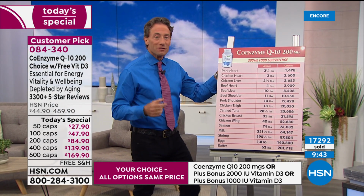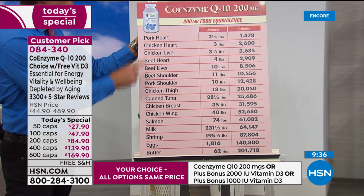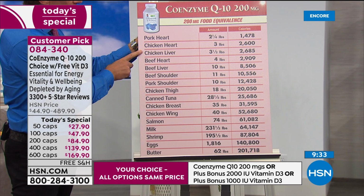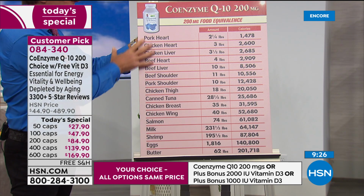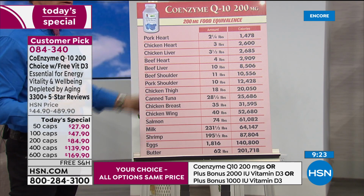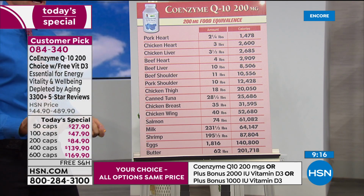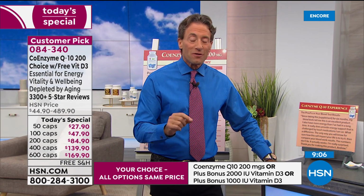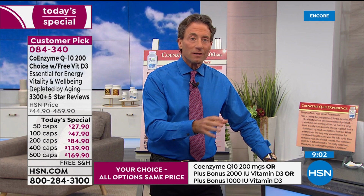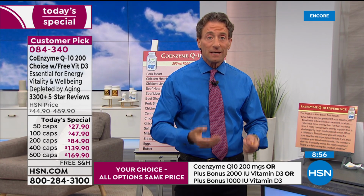The purpose of this chart is to show you how difficult it is to get CoQ10 from our diet. When you look at the best sources of CoQ10, it's pork heart, chicken liver, beef heart, beef liver. We didn't include brain because most people don't eat brain, but those are all the best, the organ meats. Even the other sources here that are high are things like a chicken wing or a chicken breast, because those are muscle tissues to those animals. Muscle tissue, of course, must have high levels of CoQ10 because muscle is where we do all the work. But when you see how relatively low the levels are, still very high, but relative to our heart, our brain and our liver,